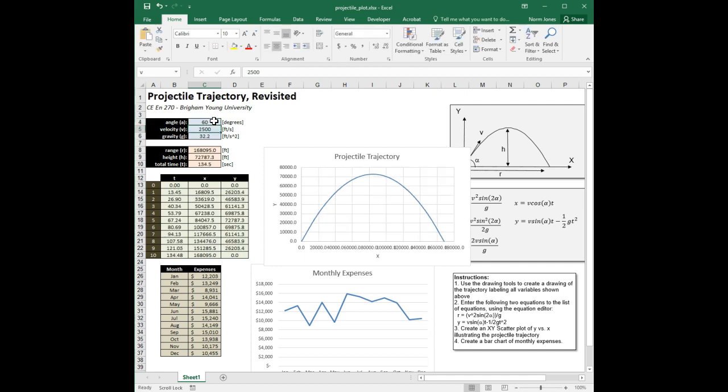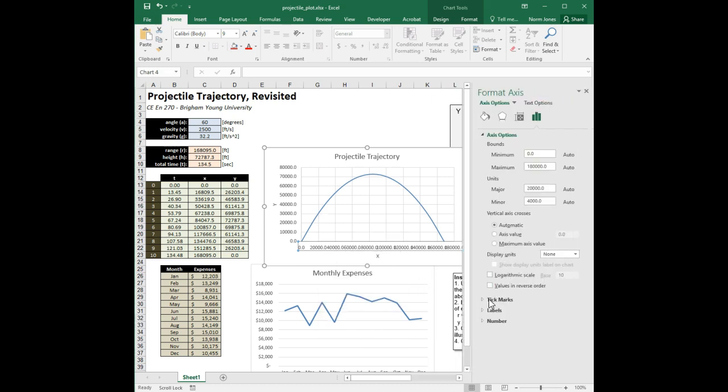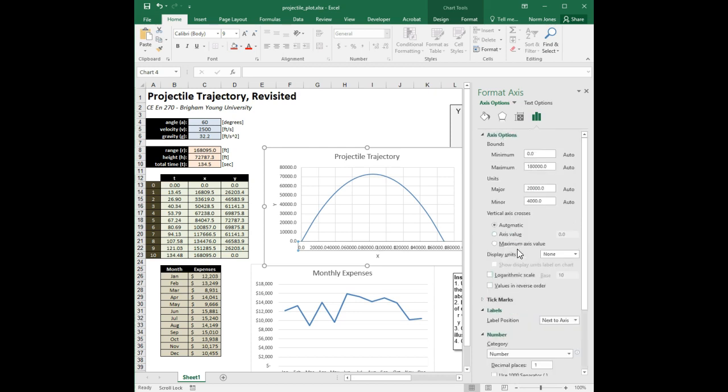Now, by the way, as I change these angles, I'm getting a different set of numbers by a substantial margin, and sometimes it doesn't do a great job on those labels. So you can do things to rotate the axis labels, and there's a way to make them rotate on an angle. I can't remember exactly where that is now, but